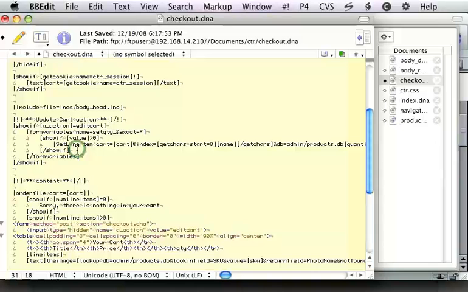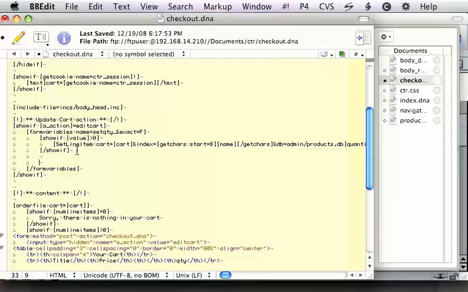However, that's if all the quantities are changed to something other than 0. But we also want to keep track of the blank or the 0 values too. We don't want to actually delete them inside this single form variables because we're keeping track of